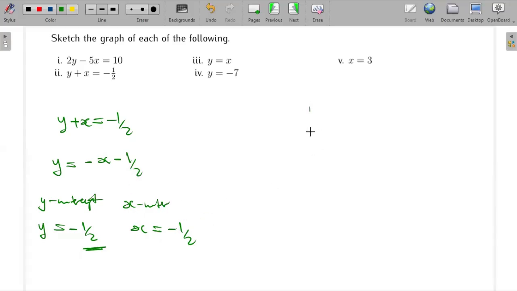So these are your intercepts. Again, you sketch like that. You just say there is y, and then you say x-axis. So they're cutting on the negative